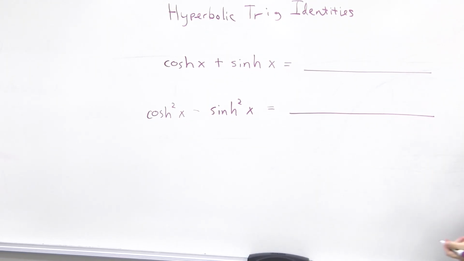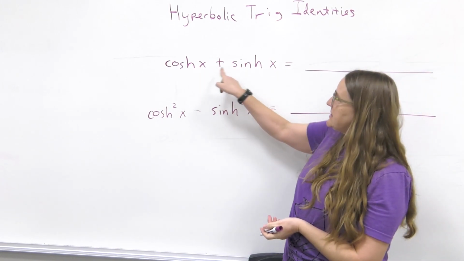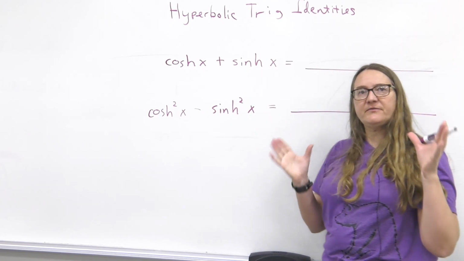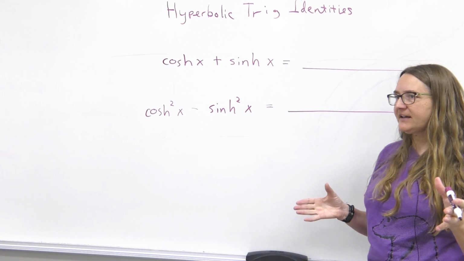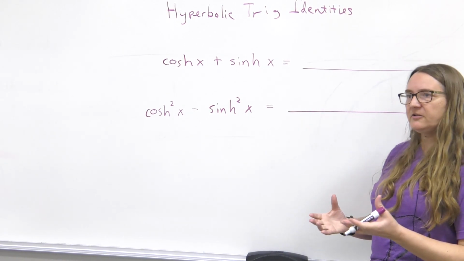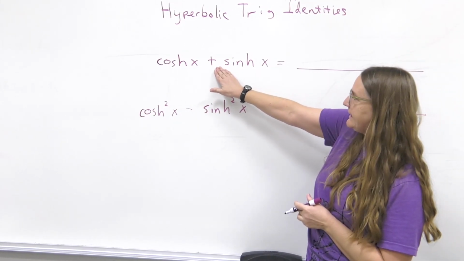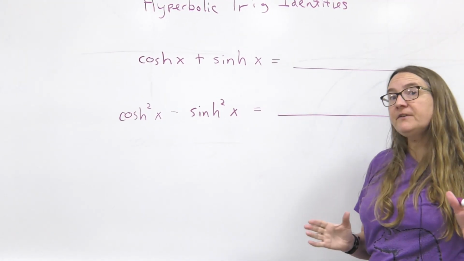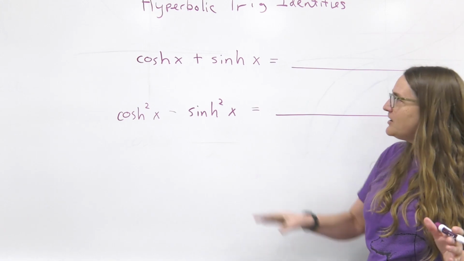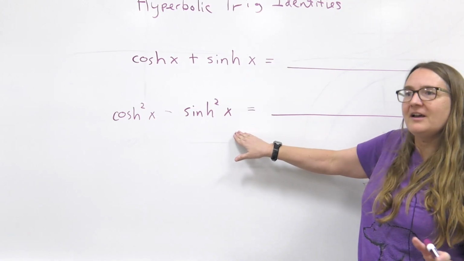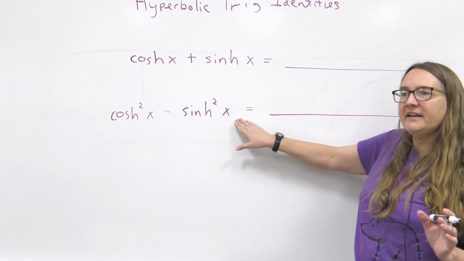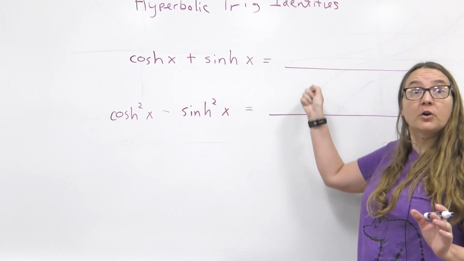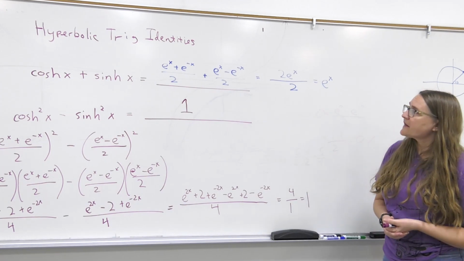So what you're going to need to do is write these functions again in terms of e to the x and e to the negative x, so that then you can do the calculations. In this case, just adding, for this one, squaring and subtracting. So if you're watching this video, pause the video so that you can work these out. When we turn the video back on, I'll have the answers and I'll show the work for how I got those things. Okay, so we've got the answers up here.